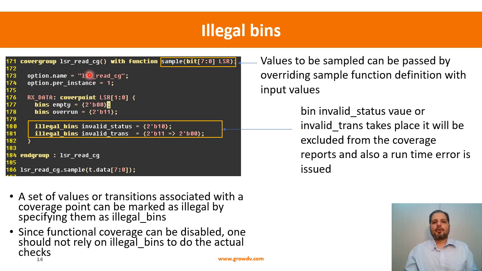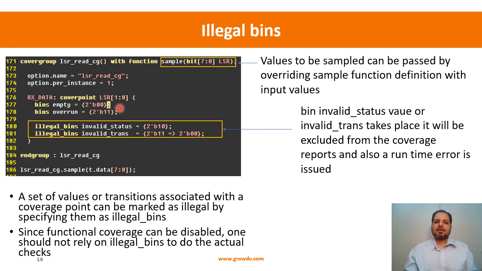So we have a cover group, LSR read CG, and then we can actually specify a with function sample. This is the way you can overload the sample function. So far, whenever we have seen the sample function, especially the explicit sample function, we were not passing any arguments to it. So you can overload the sample function by using this syntax, saying cover group with function sample, and define the set of input parameters that you can pass, which can be used for sampling the particular variable value in your